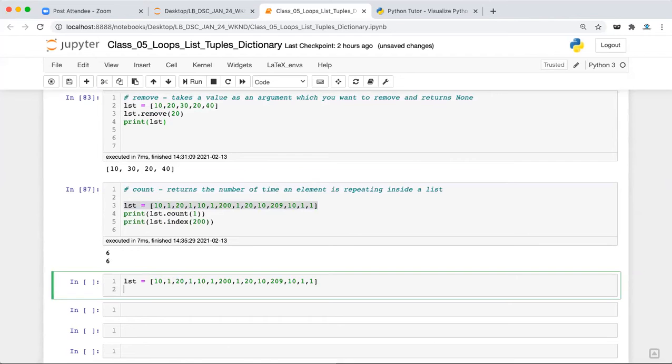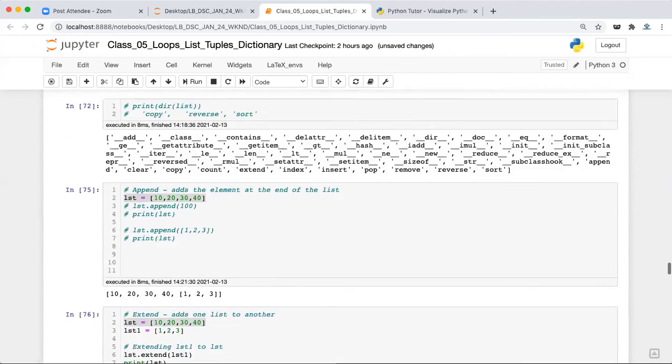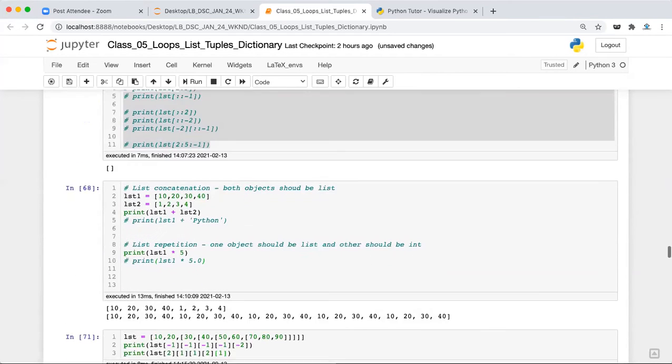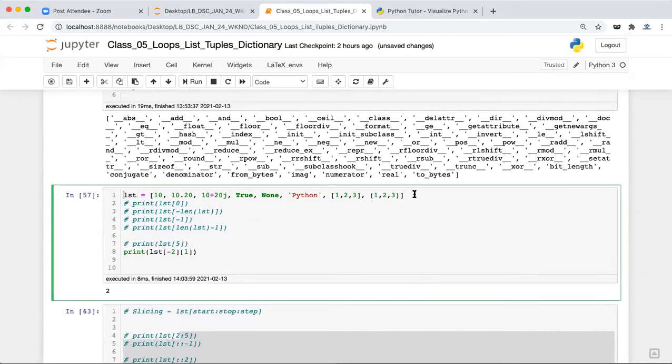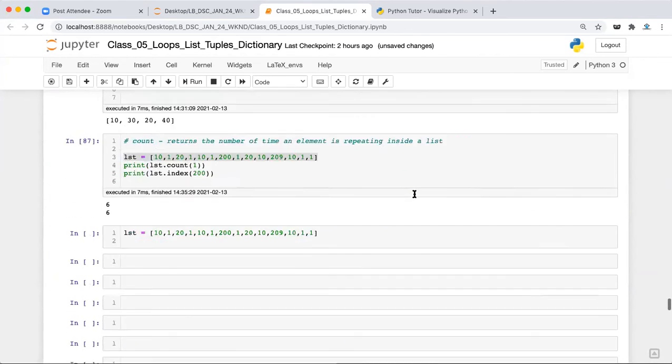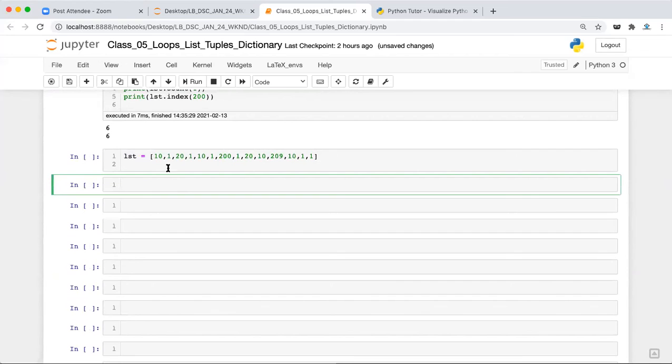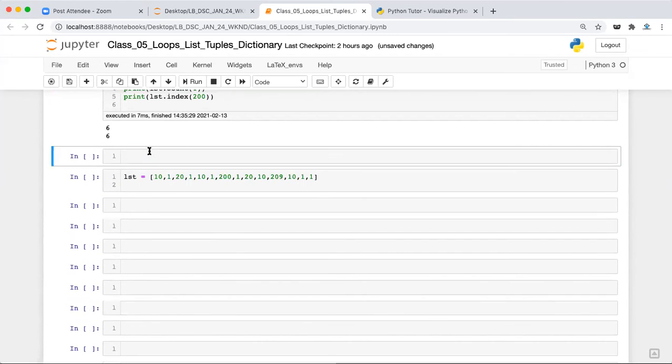Now, if you are going to reverse this list, we can take this list as well. For reverse, I'll be taking this list. It reverses the list.